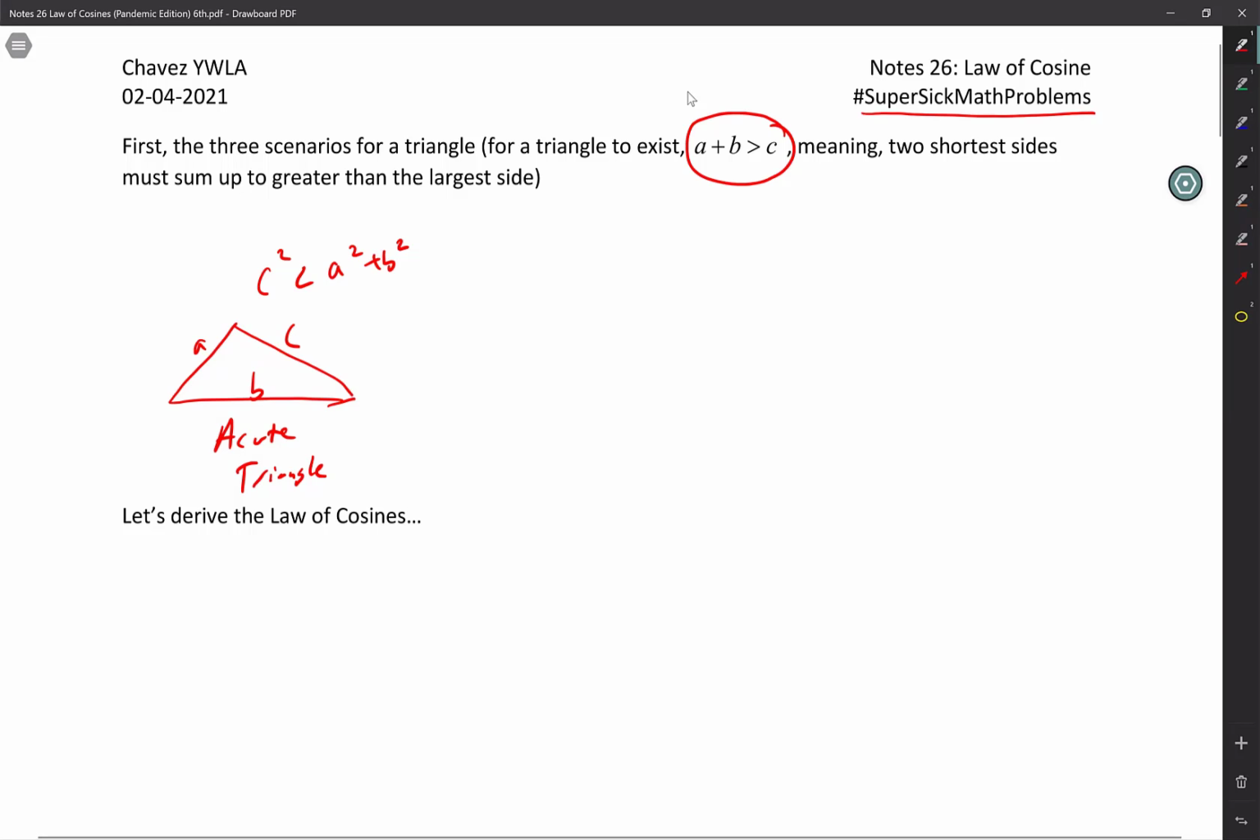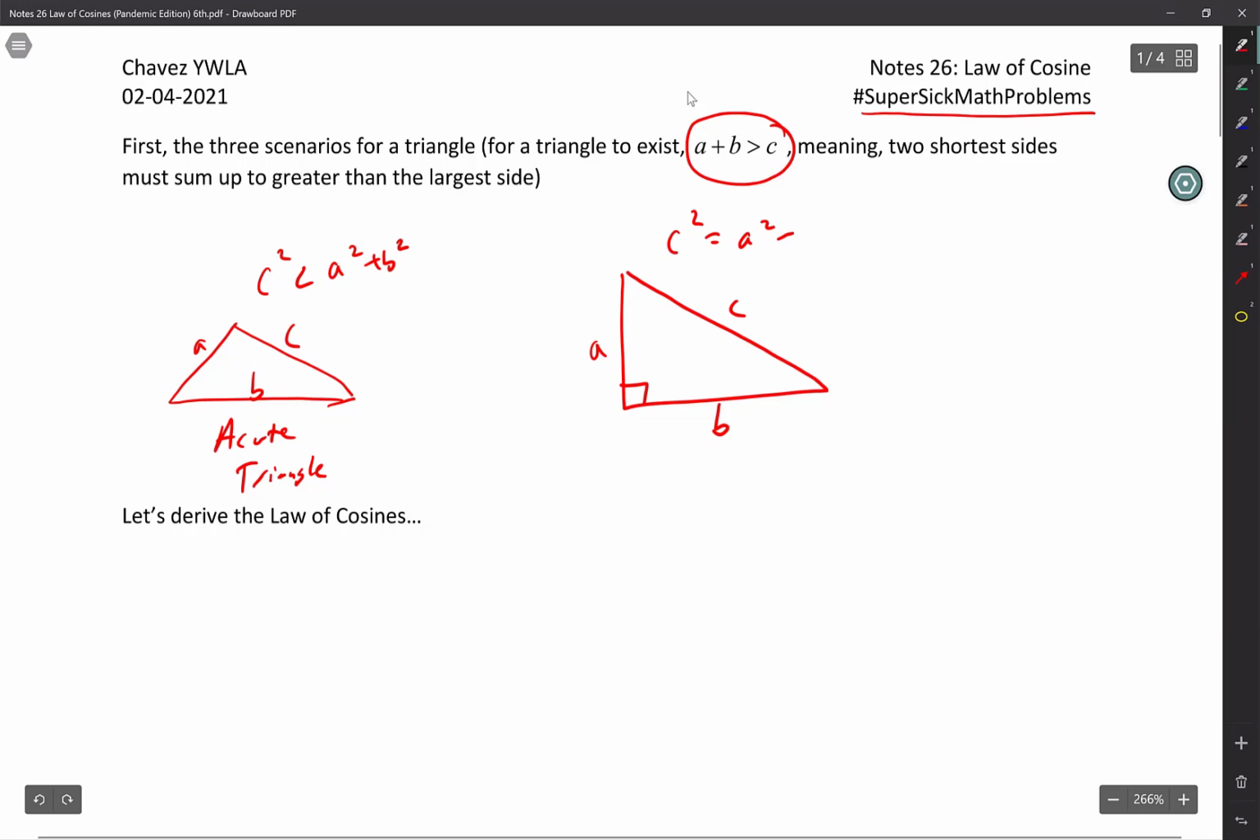The triangle that you guys are most familiar with is a right triangle, B, A, C, where C squared is equal to A squared plus B squared. That's just the Pythagorean theorem. And this is just a right triangle, right? And then finally,